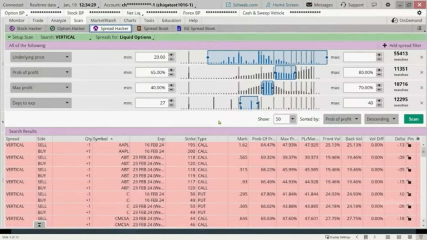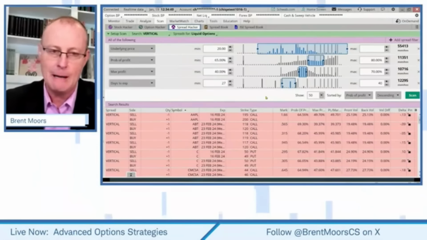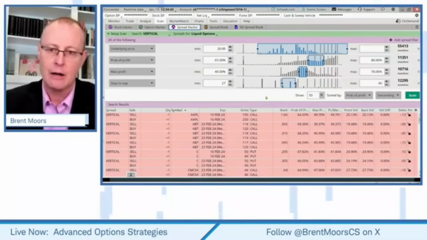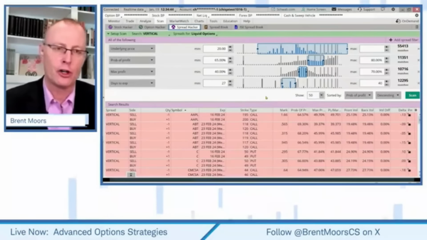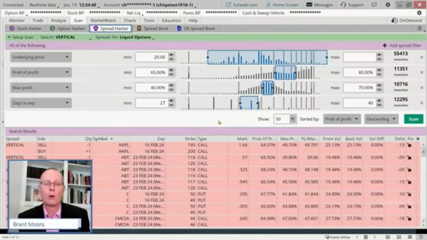If you'd like to write down, if you have a pen and paper or something, or if you want to build it alongside what I've done, I'll go through these real quickly and show you what I'm getting at here. Unlike the first two scans and watch lists where we were looking at the underlying stock, on this, we're not starting with the underlying stock. We're starting with the option itself.